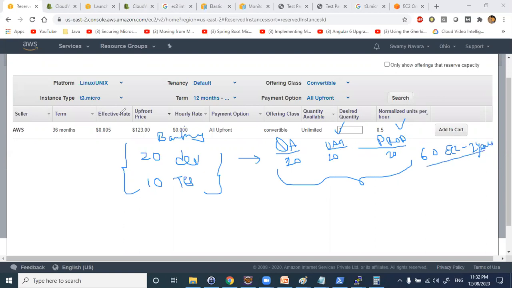So what you can do is come here and select the reserved instance. You can reserve these instances for 3 years. So I need this many instances. If you compare, almost 70 to 80% of the cost will be reduced when compared to on-demand instances. So that's how people do it.